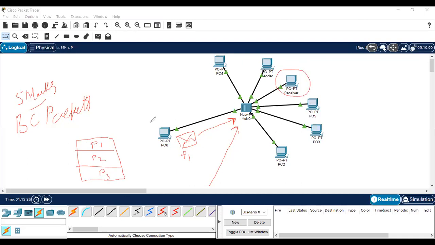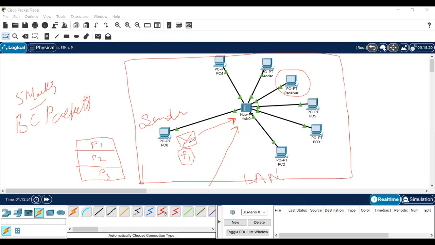This is the sender, PC6, which has a packet P1, and this is your LAN, that is local area network. In this LAN, we want to send this packet, right?